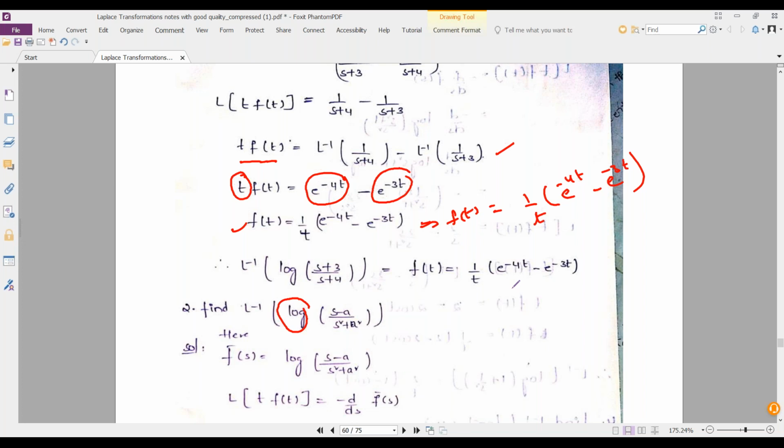The final intention of inverse Laplace: F of s will be given, and you have to compute f of t. In between, whatever technique you know, you can go. You are free to move. From F of s, you have to calculate f of t. So depending upon your capability, you can go with any of the methods. There is no specification to use this or that. Simply, find L inverse will be given. That's it. Find L inverse.